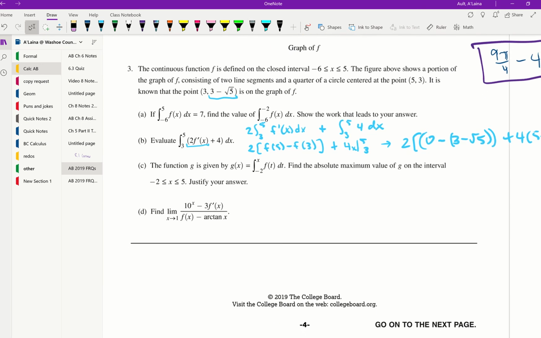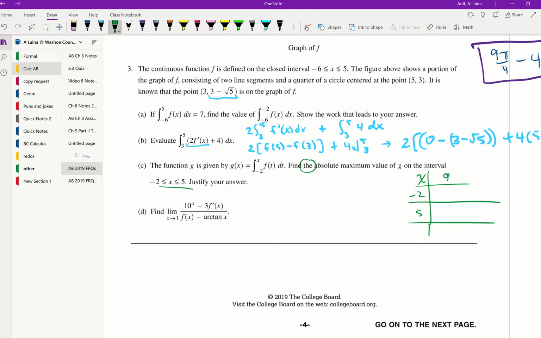All right, part C, the function g is given by the definite integral from -2 to x of f of t dt, and we want to find the absolute maximum value. Well, absolute maximum, just like with absolute minimum, closed interval test is what you want to use. So you want to start off by finding out where the critical values are, and you also want to test the endpoints. So we are going to be looking at x values of -2 and 5,